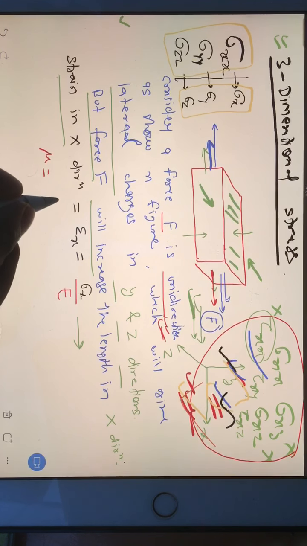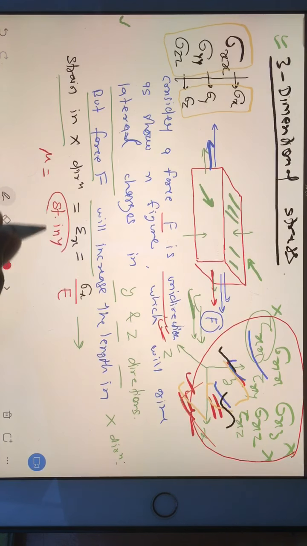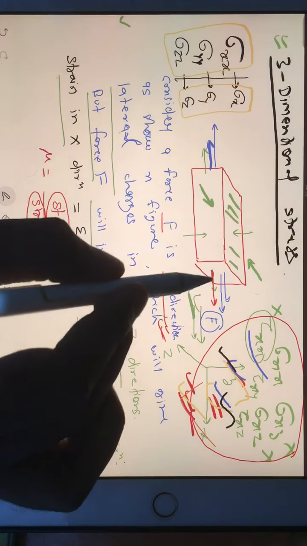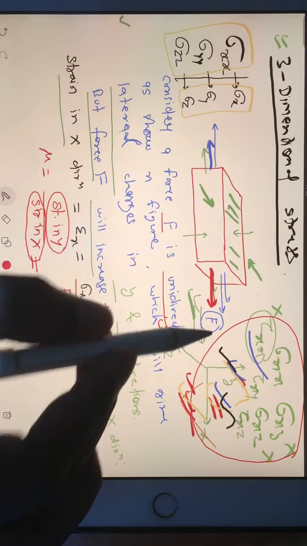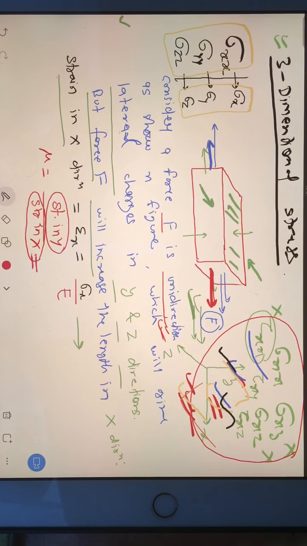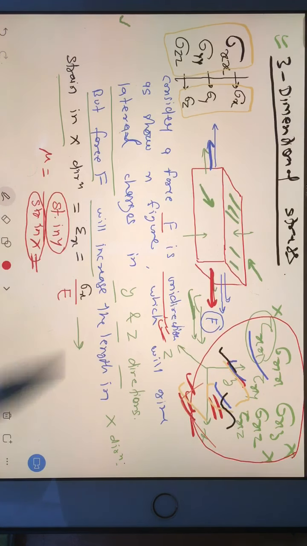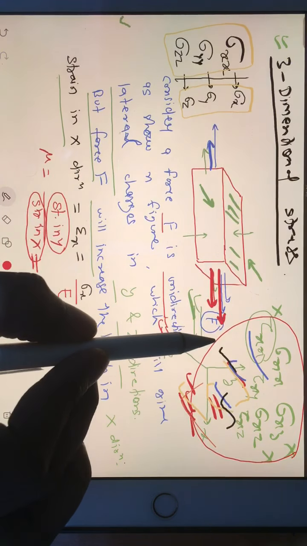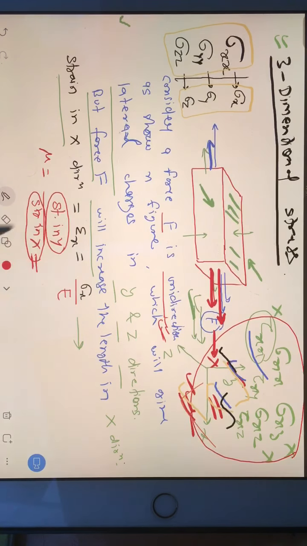So the Poisson ratio formula says strain in y direction, that is also known as lateral strain, divided by strain in x direction, that we are also saying longitudinal strain. Currently I have taken my x direction as longitudinal direction, that's why I am writing x here. It is my priority: I applied this force F in the beginning itself in x direction. That's why my longitudinal axis is the x axis, and that's why I am writing strain in x direction.